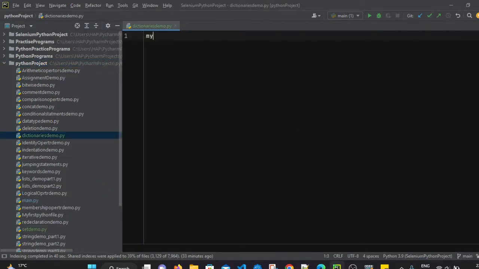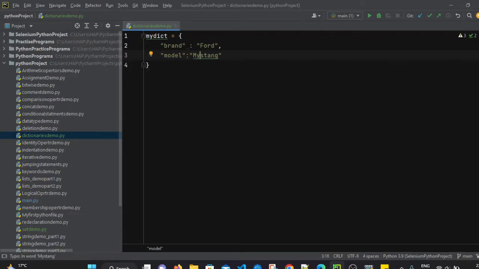Here I'm going to define one dictionary. Let's say mydict, this is the name of the dictionary, equals to, within curly brackets. Within the curly brackets we can simply define the first key value, that is, first I am defining key, that is brand, then colon, and we have to define the value. So I am defining value as Ford, then we have to put comma, then we can define the next key value pair. So again I am going to define one more key, that is model. We have to use colon, and after colon we can mention the value. So value is Mustang.